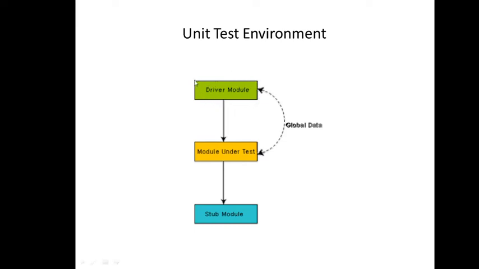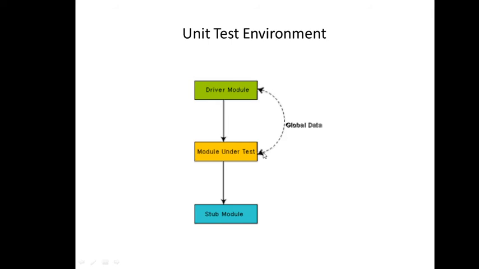The one which is at the top is known as a driver module, which is a dummy module simulating the functionality of the M1 module. While we have a dummy module at the bottom, that is a stub module, which is going to simulate the functionalities of M4 and M5, which were present below this M2 module. So we took two dummy modules. One is a driver module in place of the top modules, and the stub modules for the lower modules.